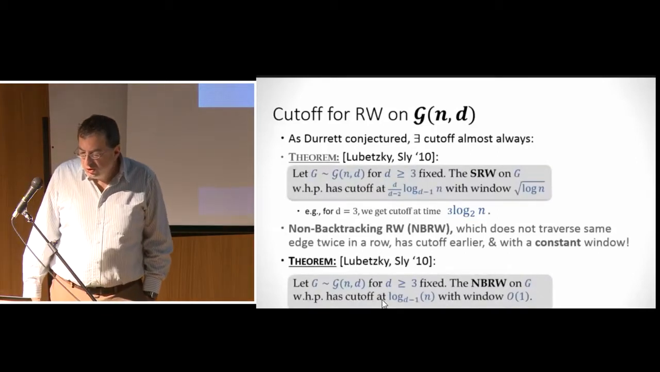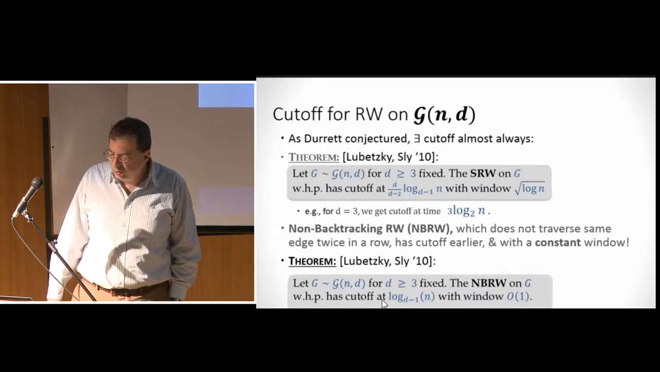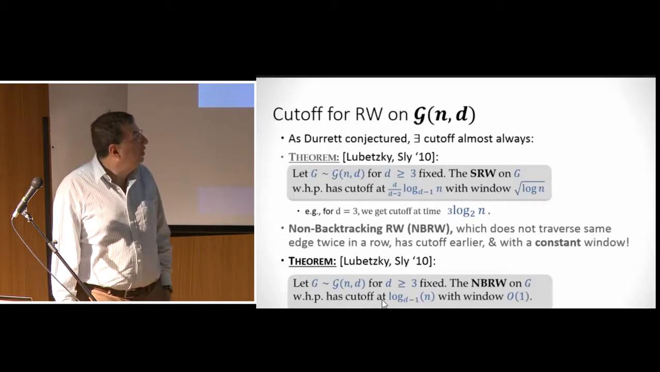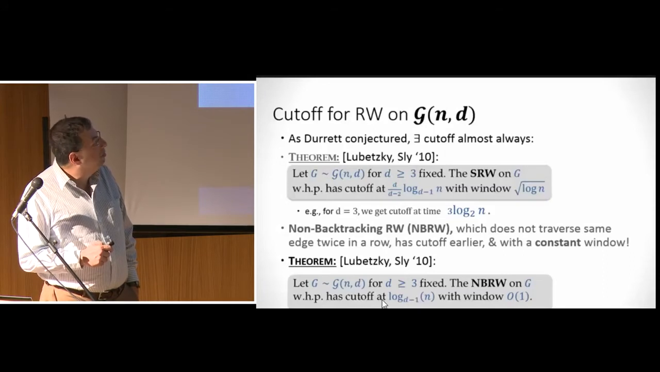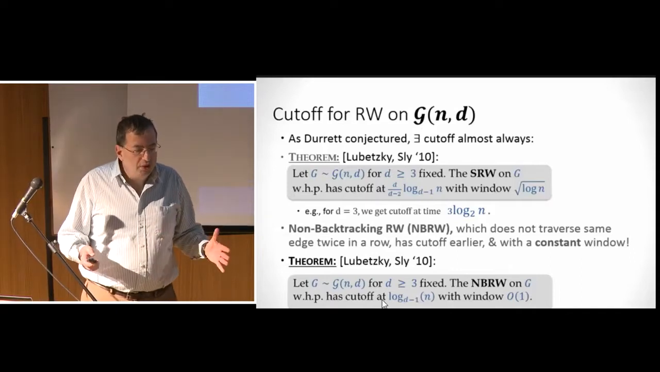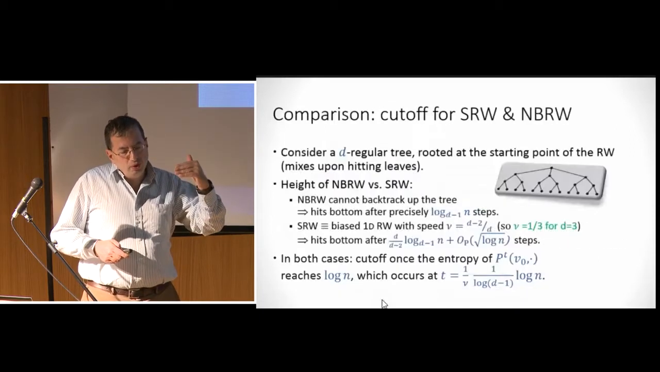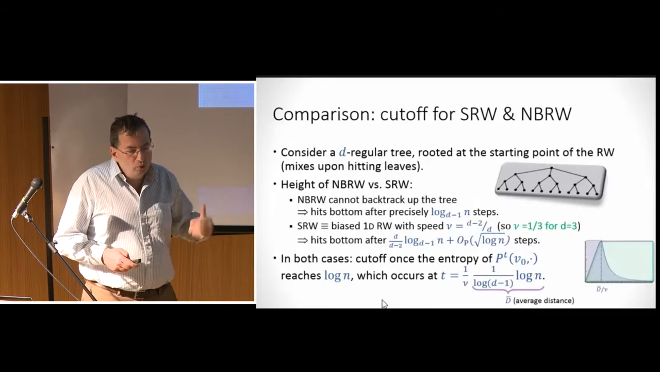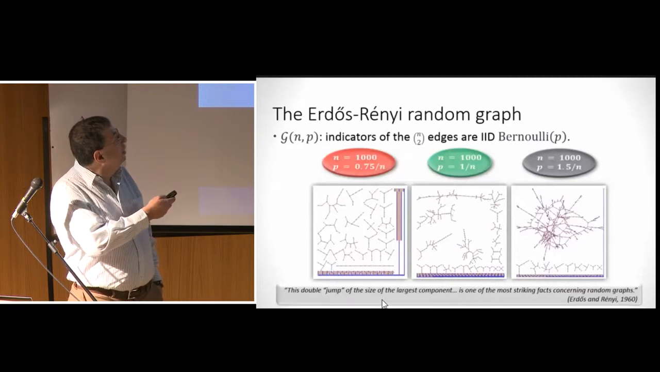And as Durrett conjectured, there is a cutoff for almost all graphs, so a proportion going to 1 of graphs. This was proved by Lubetzky and Sly in 2010. And in general, if d is bigger than 3, then this factor 3 is replaced by d over d minus 2. This just comes from the speed of random walk on the tree. If you have a d-regular tree, the random walk moves away from the root with probability d minus 1 over d, towards the root with probability 1 over d, so the speed is d minus 2 over d. And the inverse of that gives you